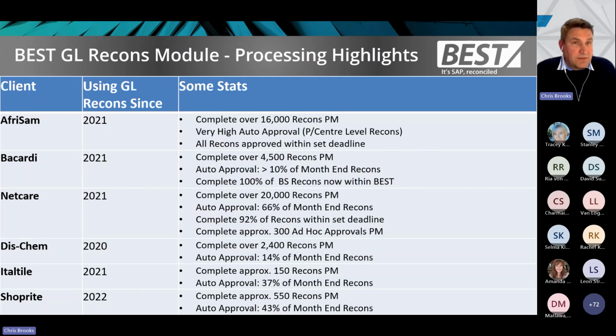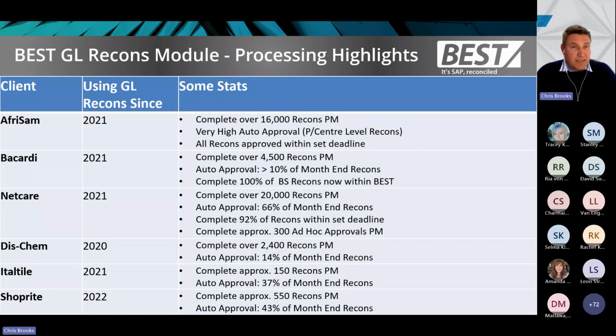Dischem have been using our recons since 2020. They complete over 2,400 recons per month and are automatically approving about 14% of their month-end recons. Italtile, also 2021, completing approximately 150 recons per month. They have a very focused set of recons that they look at, and are automatically approving 37% of those every single month.